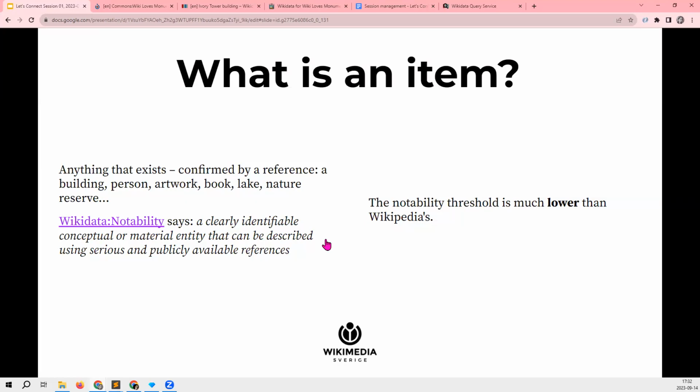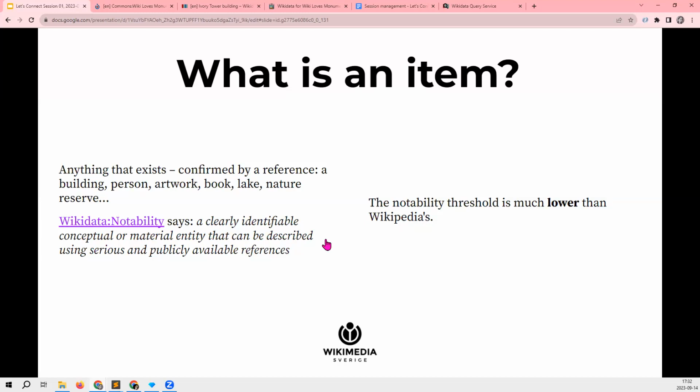So any sort of building or castle or lake or book or artwork or person that is described in a serious source. For example, a cultural heritage register, such as the Cultural Heritage Register published by the National Museum of Uganda.